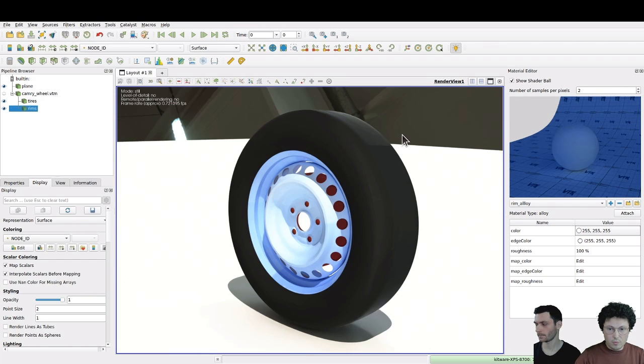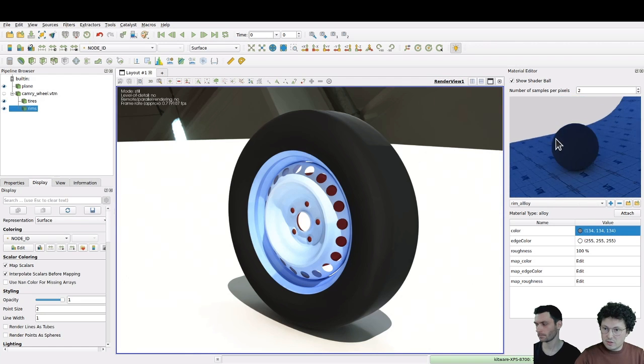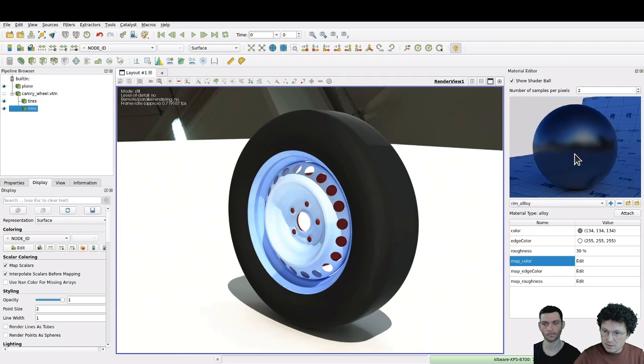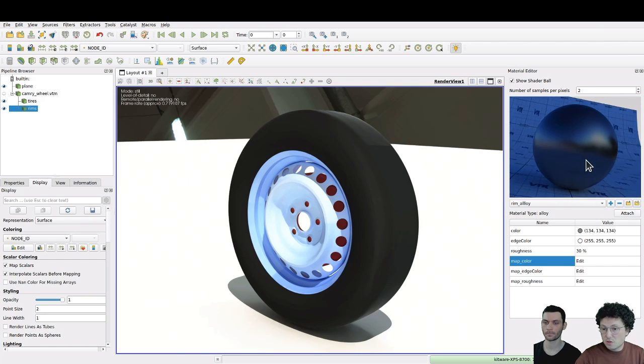For example, I want a more grayish material, so I will select this color and click OK. Now we can already see the difference in the interactive view here. But the surface is not what I want, so I will modify the roughness. Here I will go to 30, for example, hit enter, and we can see that we now have a better looking material that looks like